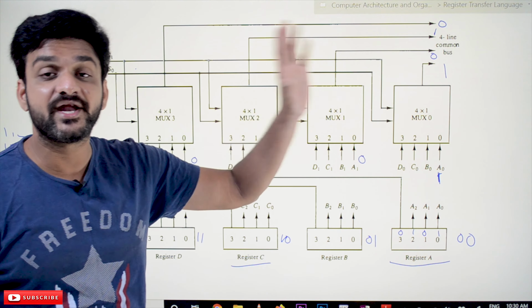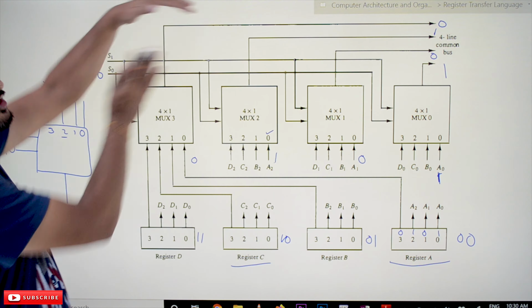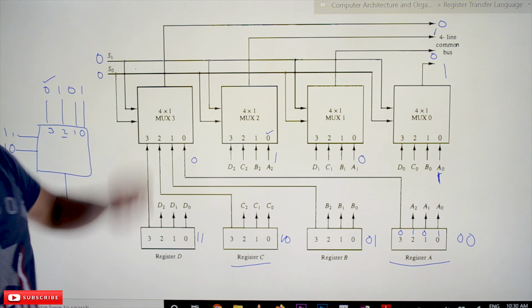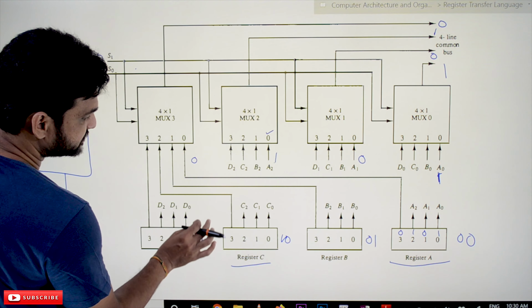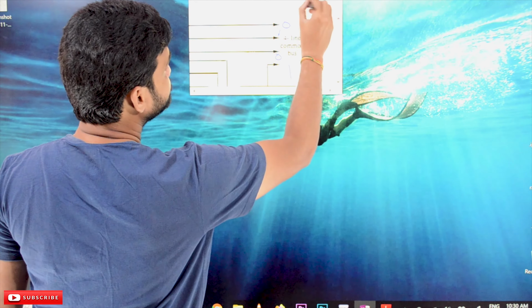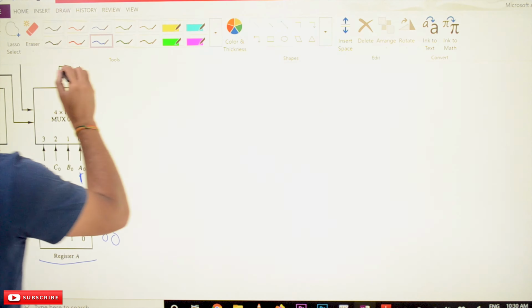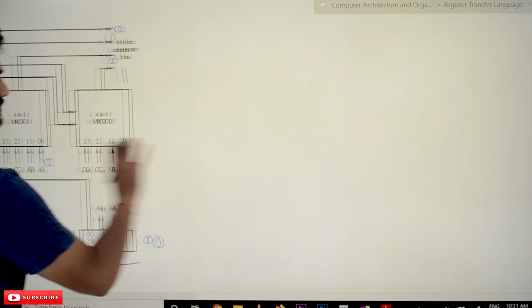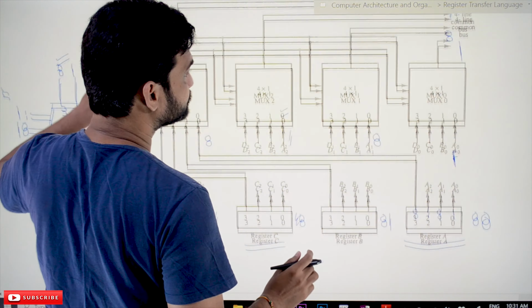See here, this is very important to understand how the register values are transferred onto the common bus. Now how this common bus will get interconnected is, okay, so how this common bus will get interconnected?